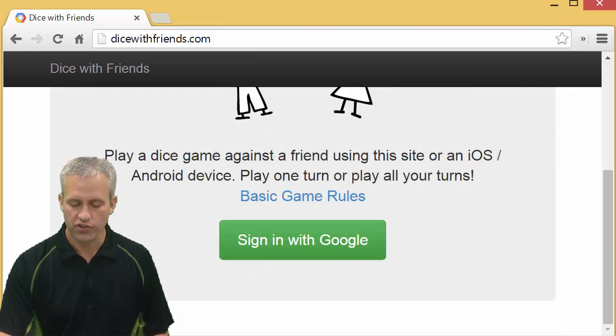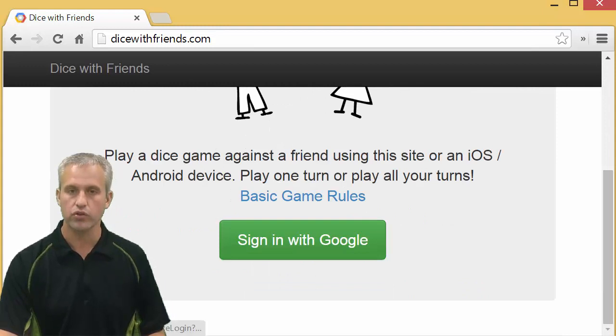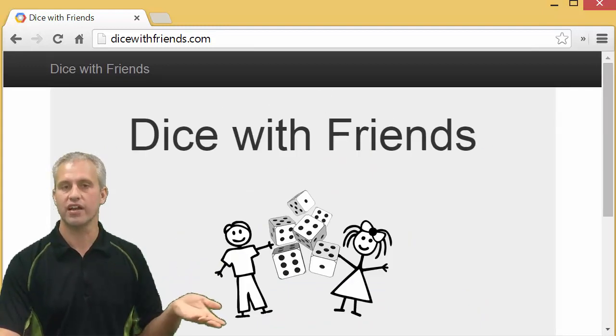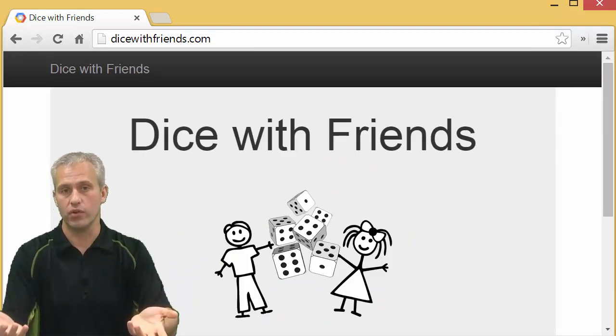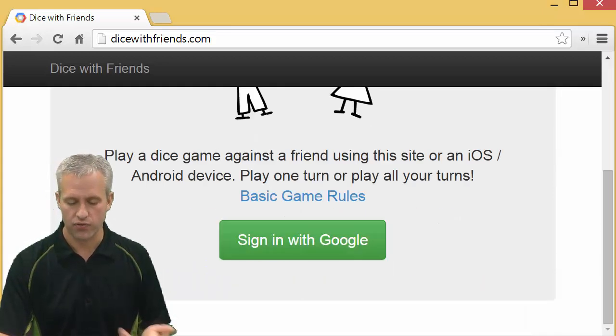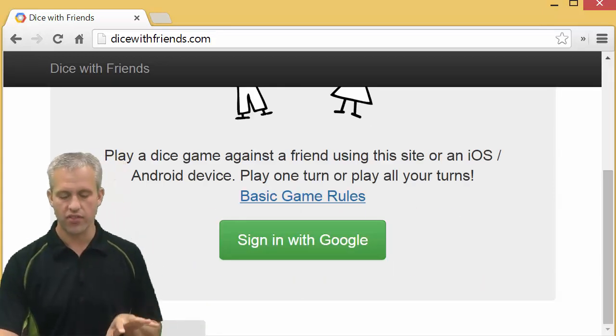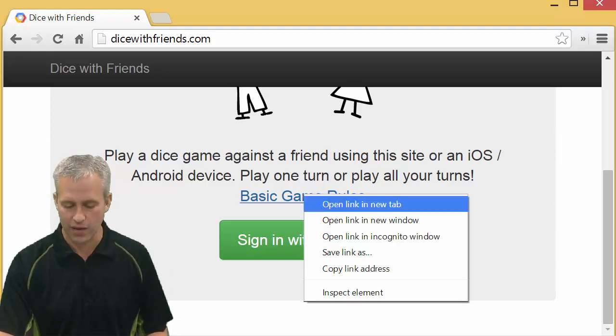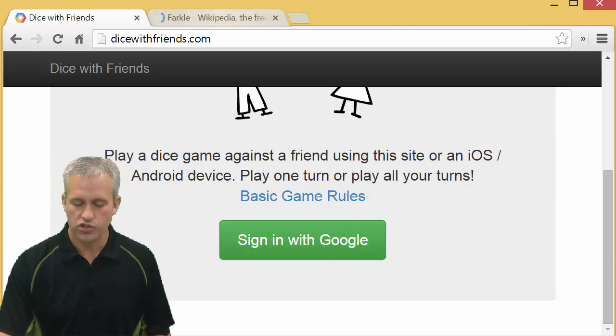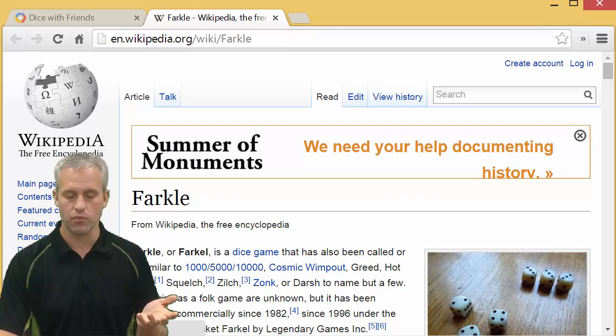And when you go here, you're going to need to sign in with Google. So this page, unlike Grade Recorder, shows you something when you're not signed in, except you have to choose to sign in. If you read the information here, you can see that there are some basic game rules. And you should make sure to read the basic game rules for this